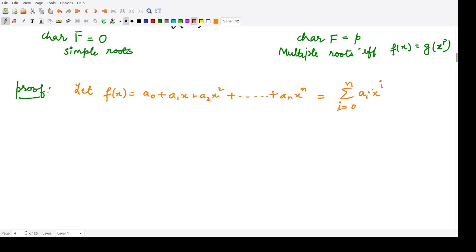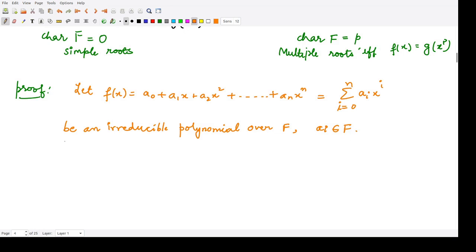So this is the polynomial. Let f of x of this kind be an irreducible polynomial over F,